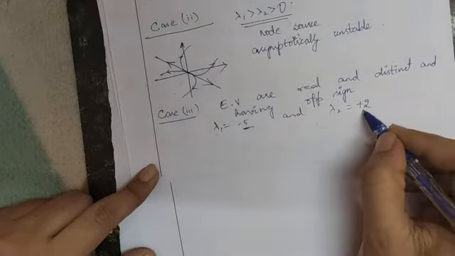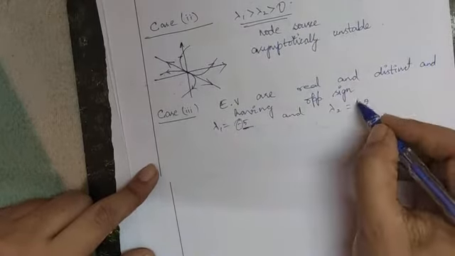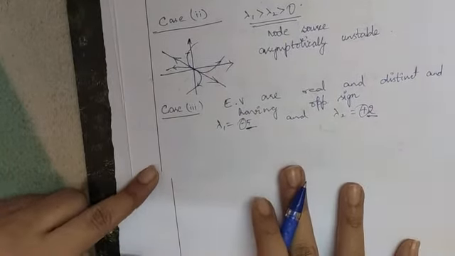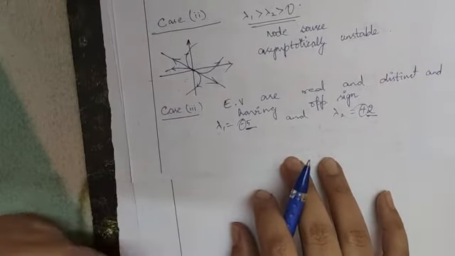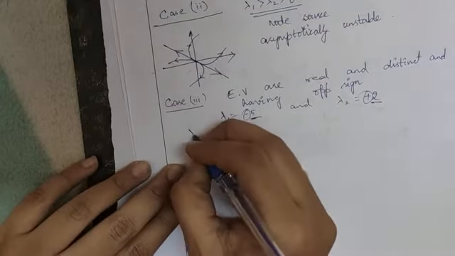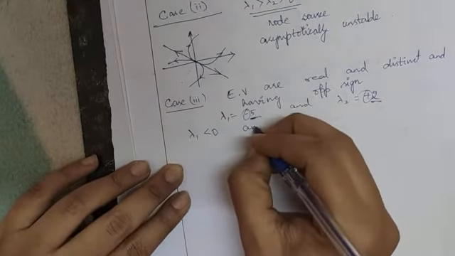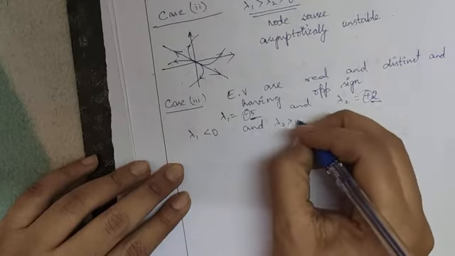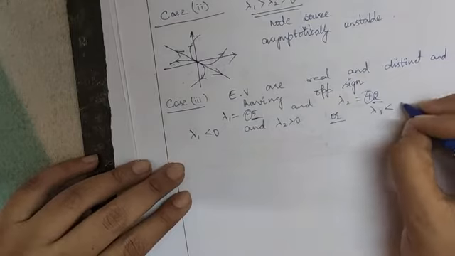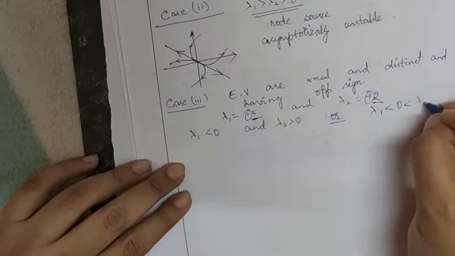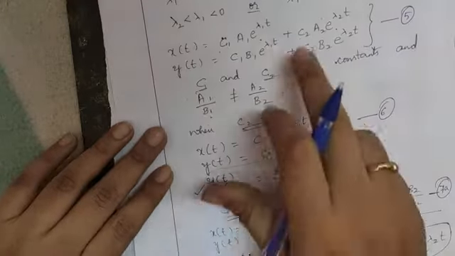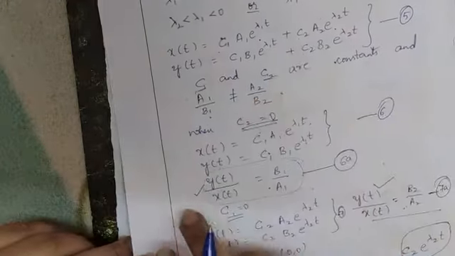These two are real and distinct and of opposite sign, right? So if this is the case, here also we will come across cases like lambda 1 is less than 0 and lambda 2 is greater than 0, or I can express this as lambda 1 is less than 0 and 0 is less than lambda 2. So the solution of your equation 5 will be